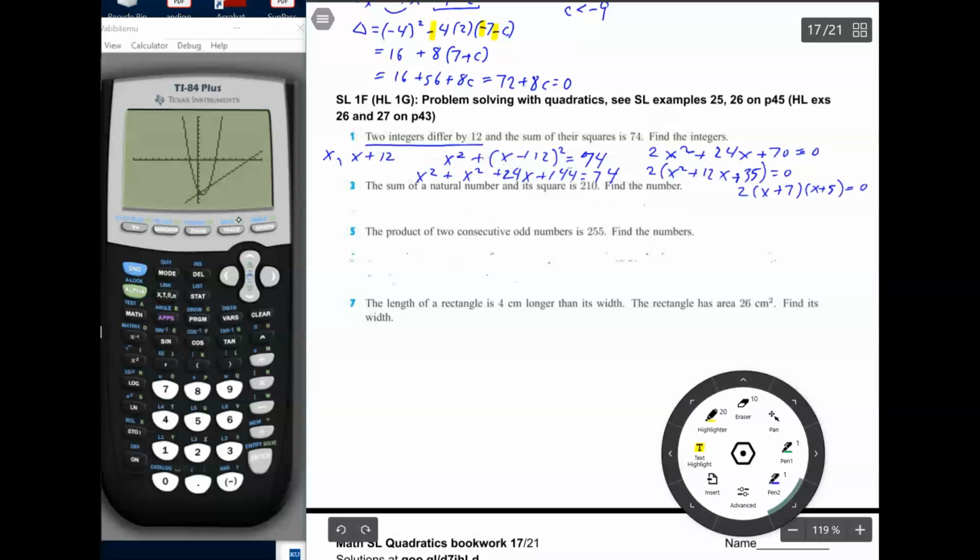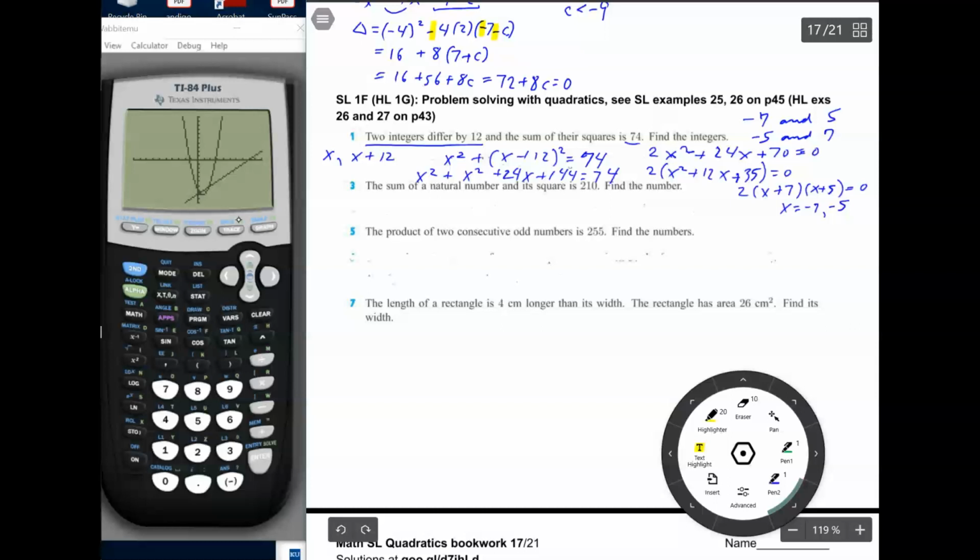Now I know that the solutions are x equals -7 or x equals -5. Okay? So one of the solutions would be -7 and then whatever's 12 above that, which would be 5. The other one would be -5 and whatever's 12 above that, which would be 7. So those are the 2 pairs that satisfy this